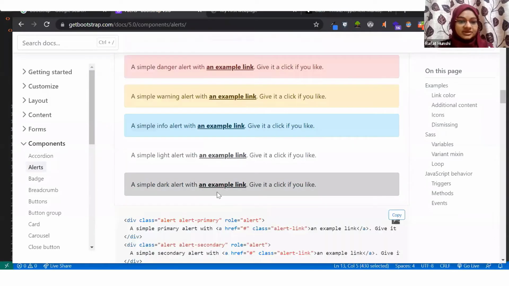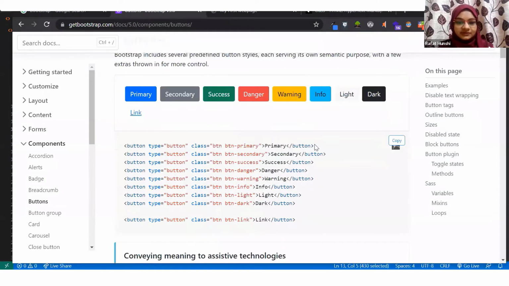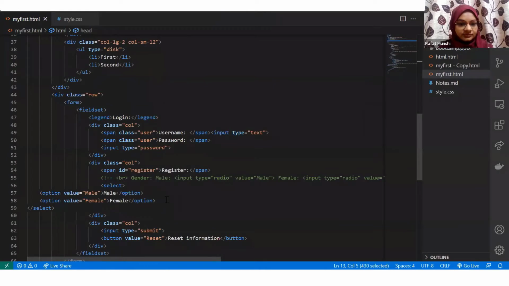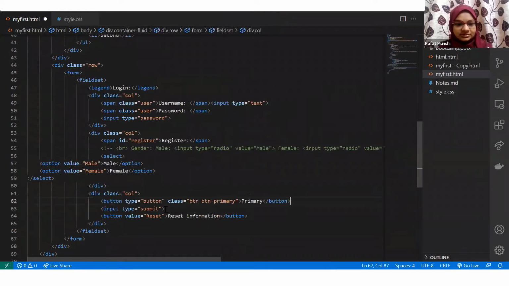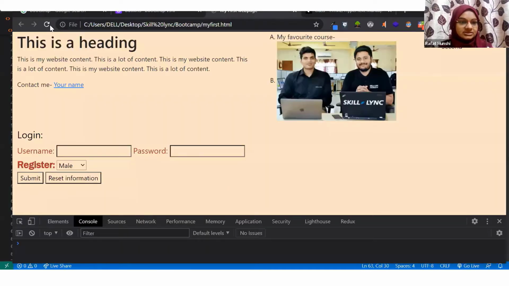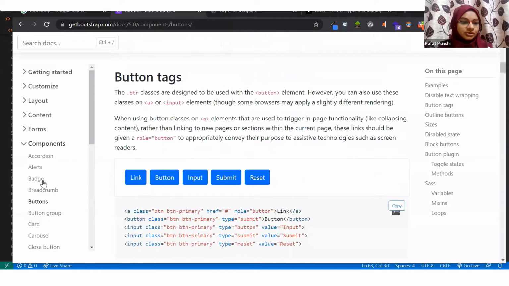Similarly, you have so many different options. You can add various buttons defined by Bootstrap. We can add any particular button defined by Bootstrap. So if I just copy this button over here, and where I have submit, let me put button, and instead of writing primary, I would write submit, and let me comment out this button. Initially my button was looking like this, but now when I refresh, you can see my button looks something like this, because this is how I'm using the Bootstrap primary button. So you can have these different types of buttons available for you.